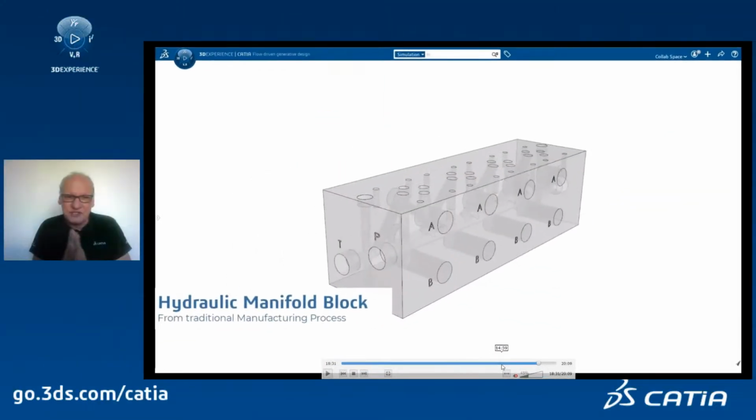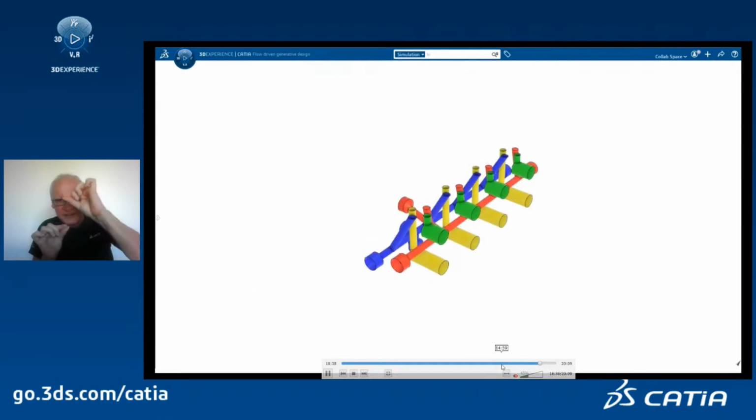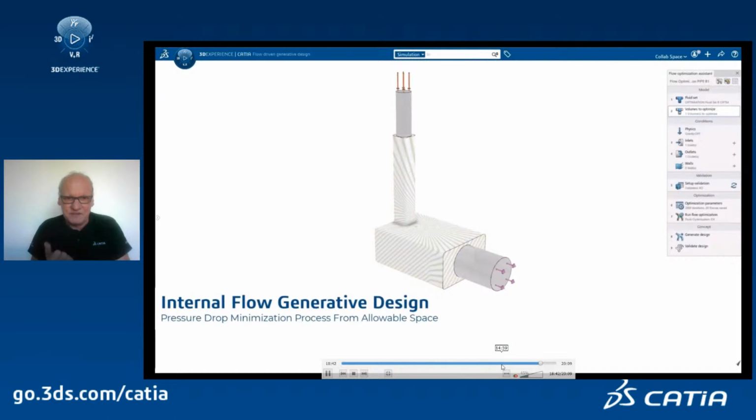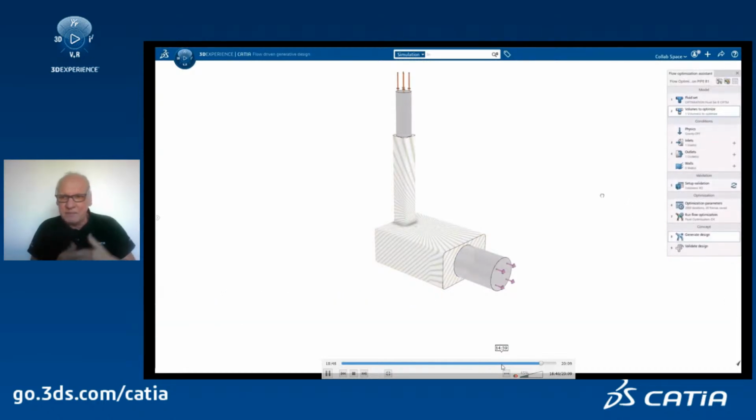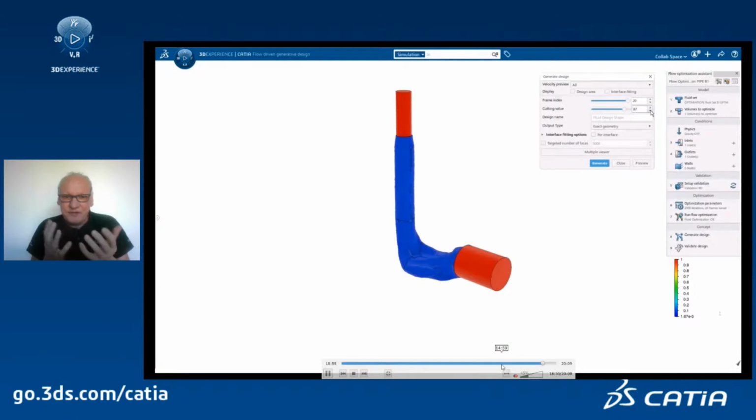Let's take now, to finish, a small hydraulic manifold block. And we will first start by optimizing the vein, the shape of all those channels inside the hydraulic block. You start with the design space, you define the boundary condition, maybe the velocity of the fluid at the inlet, maybe the pressure at the outlet. You create as many shapes as you have channels. And from that,